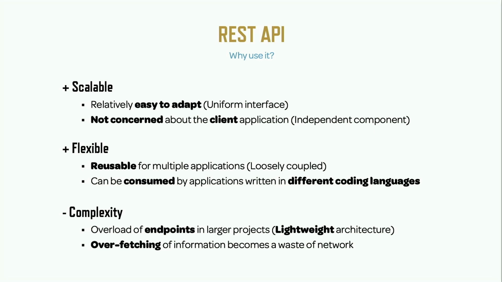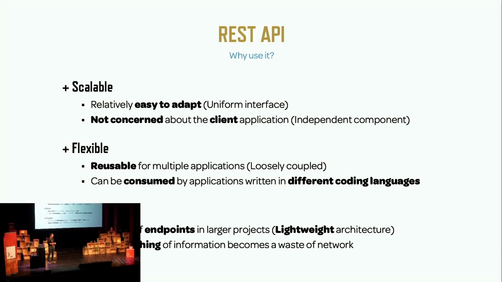and multiple instances. Other thing of APIs, flexible. Like I said, it's reusable for multiple applications. It can be consumed by applications in different coding languages. That's also important, because it means an API generally these days is written in C# or Java. And in some older instances, it might also be Python, Node, or PHP, for instance. But it doesn't mean that our client application needs to be written exactly in C# or Java, or it can